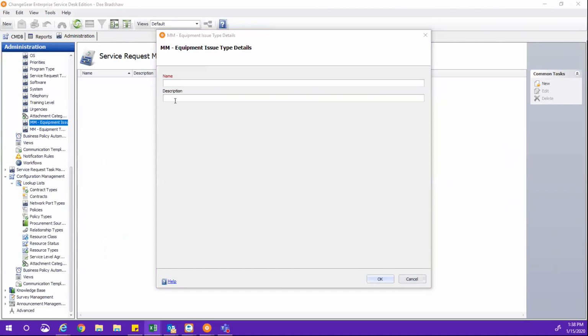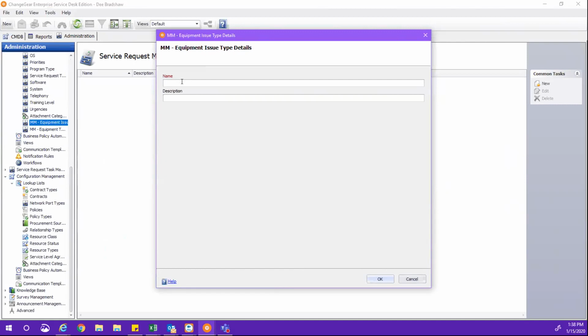All right, so now on here, when I do the name, these are going to be my issue type details for the exam table. So in my name, do I have to say that again? Because we're going to merge these lists and move things around. For instance, this says electrical. Well, in another piece of equipment, an issue type may be electrical. Does it care? I've seen it where they each need to be unique. I don't know if it's been patched out or anything like that. Okay, so I would probably do, like, ET exam table, electrical,